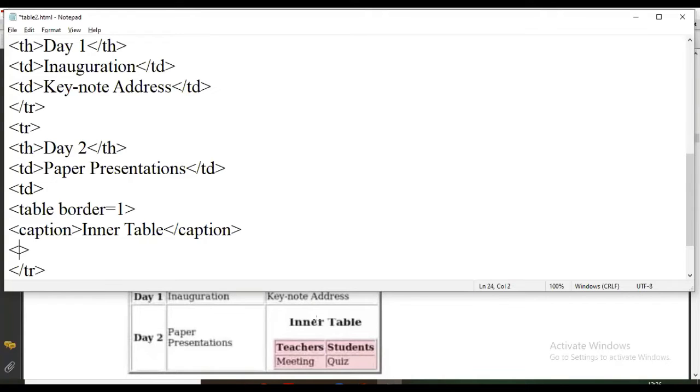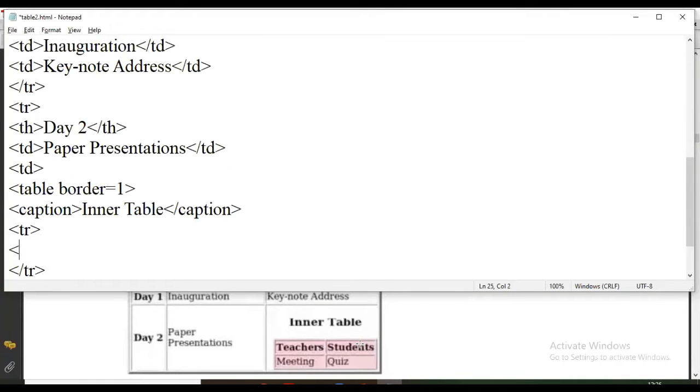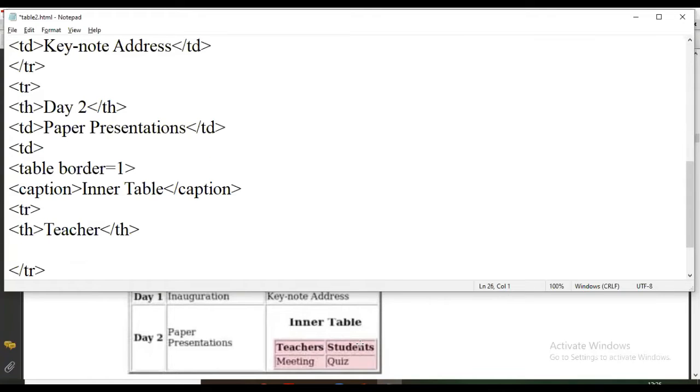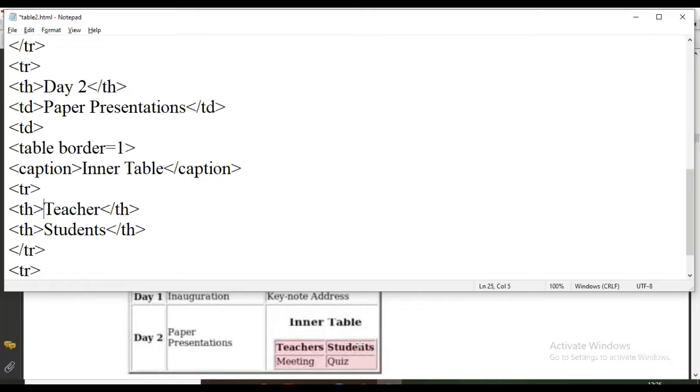And now the TD and TR we are going to use. Now it is a 2 by 2 table, 2 rows and 2 columns. In the first row both are bold and italics text. So in the first TR, here we are supposed to write TH since we want features in bold letters. Second also TH, that is students, and it is bold. Then TR is closed here. This is the inner table's first row completed.